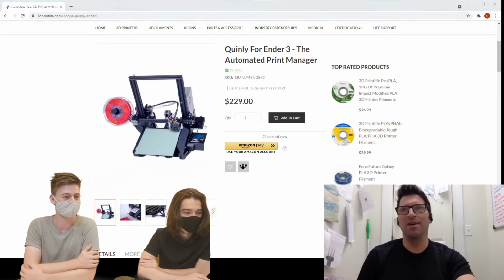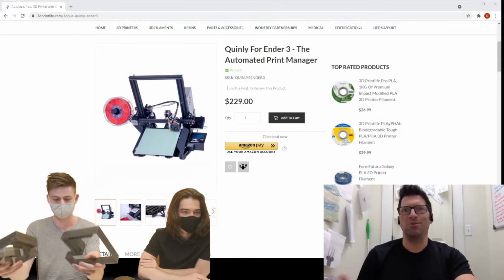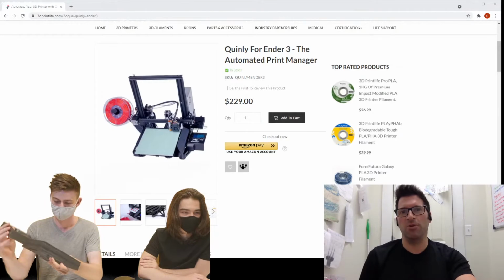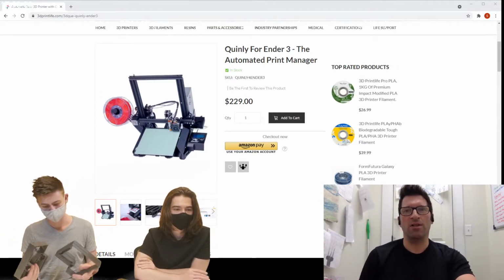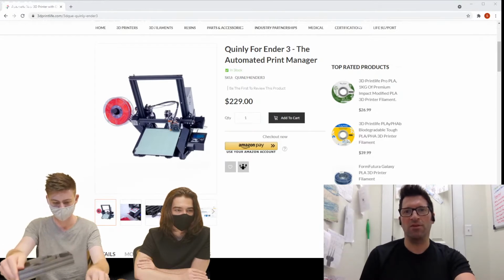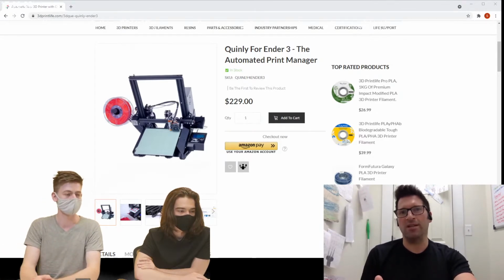I think some people may have some hesitancy with sustainable materials, but we all use PLA all the time. It's the sort of universal material for 3D printers. And a lot of the materials that we have on the green side are designed to be eco-friendly, like